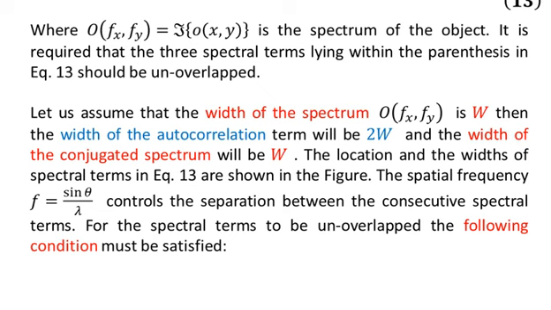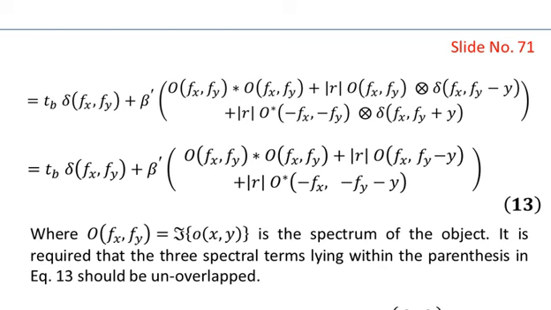In order to explain further the unoverlapping between them, we are assuming that the width of the spectrum of capital O is W. Then the width of the autocorrelation term will be 2W. That is this term, O autocorrelated with O,